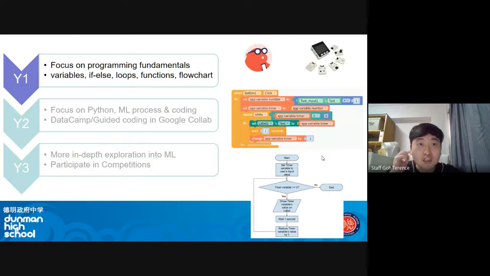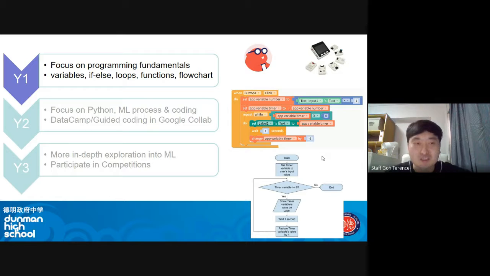In year 1 and year 2, they have a curriculum time for computing, but it's not that much. We only have lessons once every 2 weeks, 1 hour plus. So it's not much time. And in year 1, we try to focus more on the programming fundamentals because last year when I tried teaching